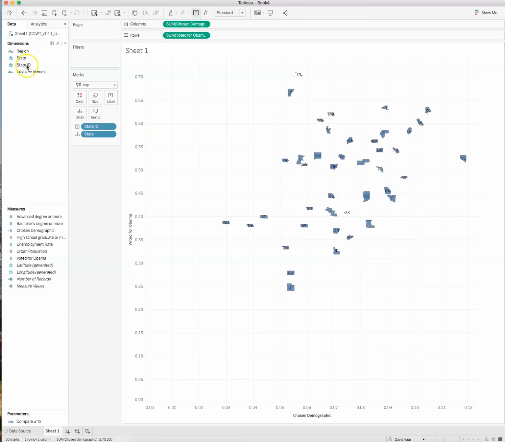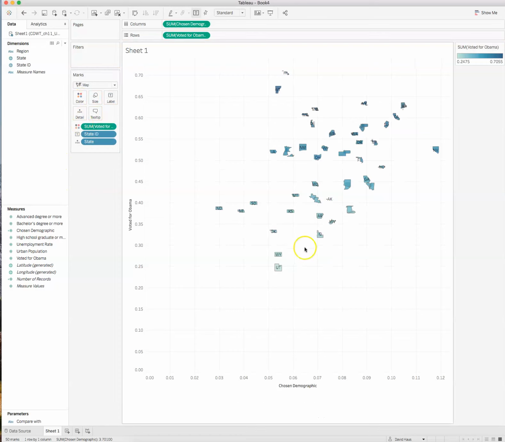Now we drag voted for Obama. So we want the voted for Obama here, and we want to drag that to color. Now, that's great, but that shading or that gradation doesn't really help me. So I want to definitely change that color. So if I go to color and I edit,